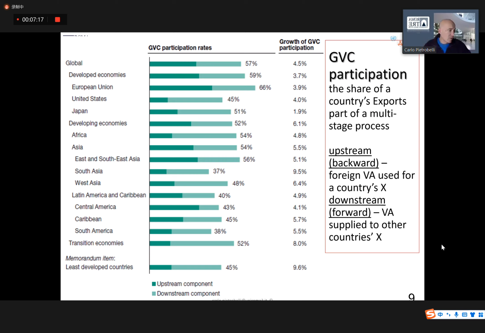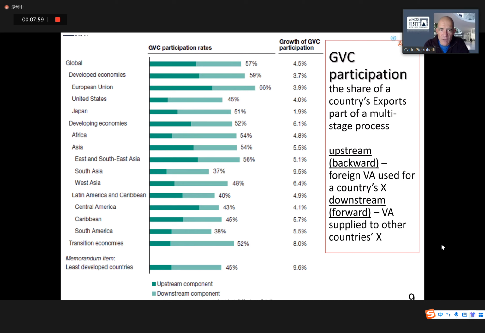And doing all these calculations for all products of the world and all countries and so on, the UN Conference on Trade and Development came to a big data set called EORA, E-O-R-A, which gives us numbers on the role of value chains. These are percentages of a country's exports. And we see that very large percentages, from a minimum of 35, 37% to a maximum of 66% of gross exports of a country or a region, are accounted by